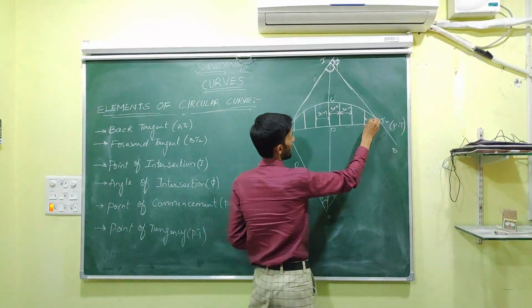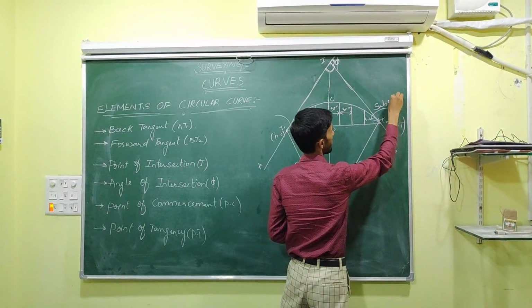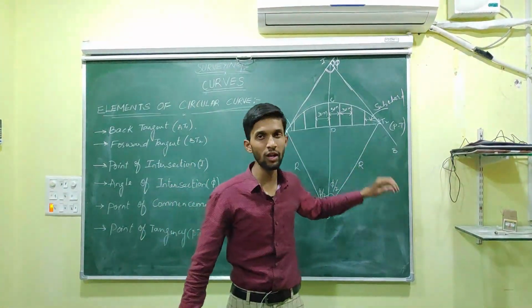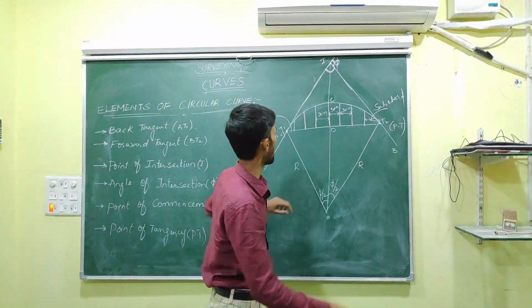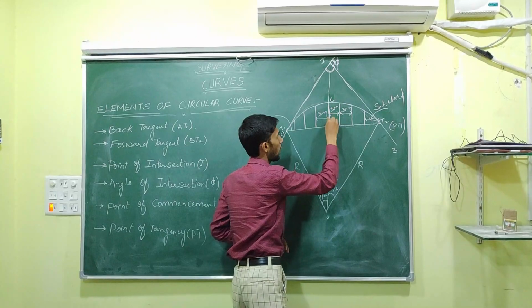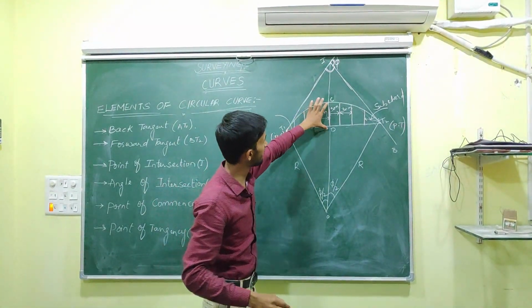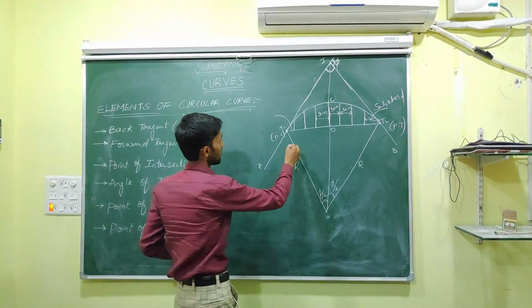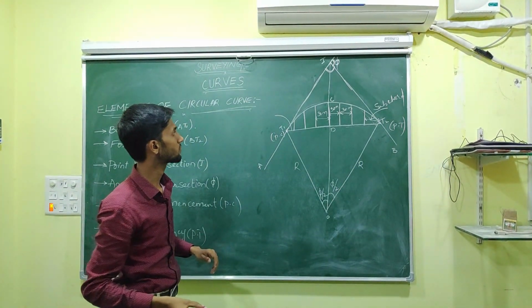Okay, this chord and this chord are called subchords. Normally, the first and last ones are the subchords, and the other ones are normal chords, and the longest chord is our mid ordinate or mid chord. Okay, this is our long chord,